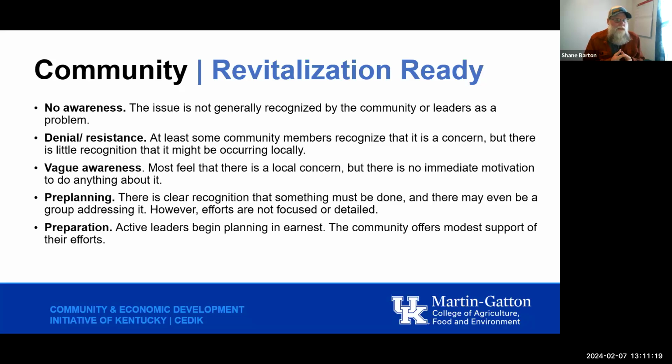On one hand, they may just not be exposed to it, or it may not be a topic of concern that those voices are loud around. Not to critique a community with no awareness. It's often where we start when issues emerge. We also have denial and resistance. This is where some community members recognize it as a concern, but there's little broad acknowledgement that it is an issue, and folks just deny that it's a problem